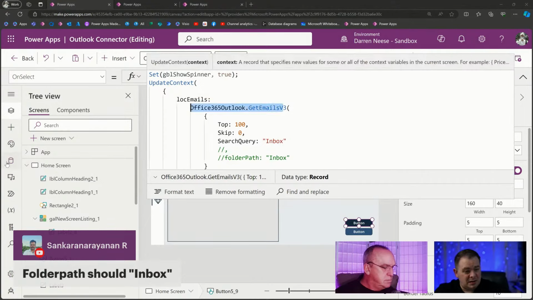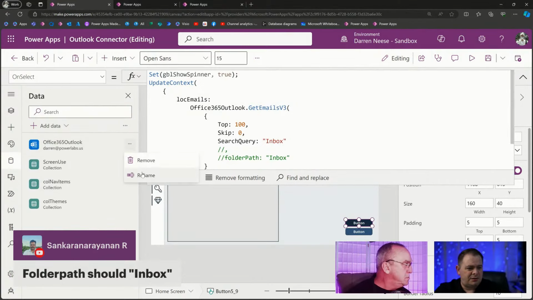Okay, refresh the data source. Okay, that's interesting. So if I can't refresh it. Okay. I think it's interesting now they allow us to name. We can name our all